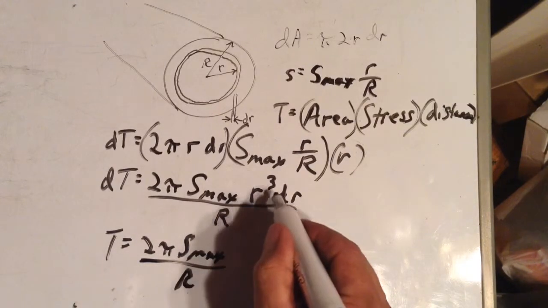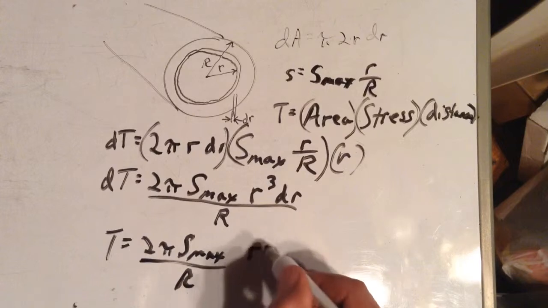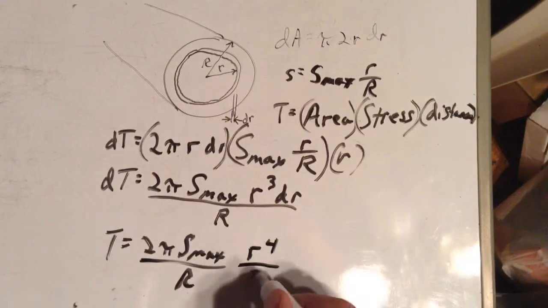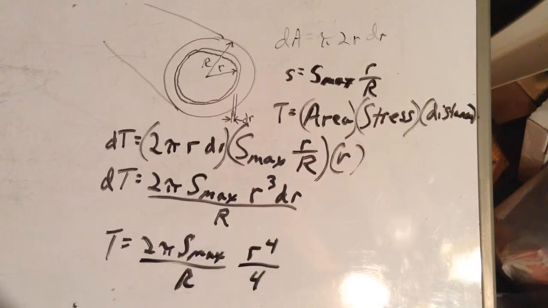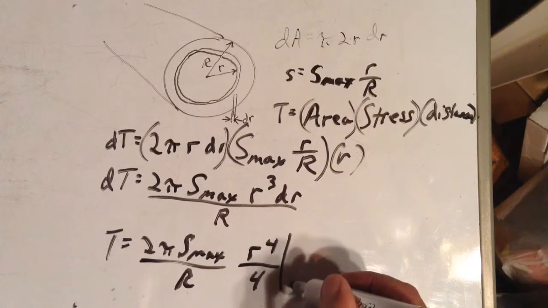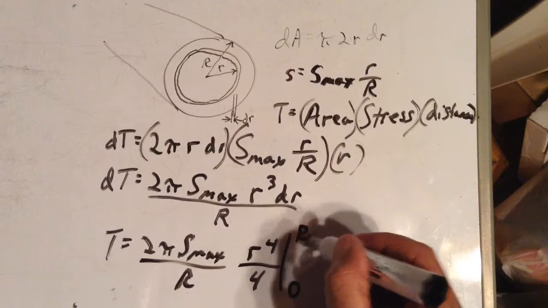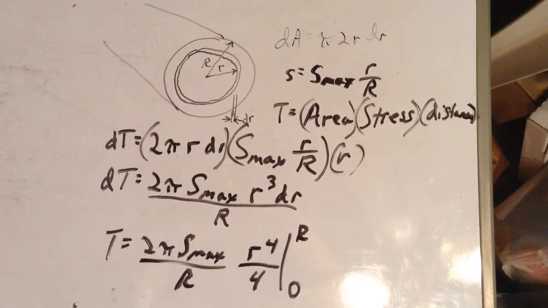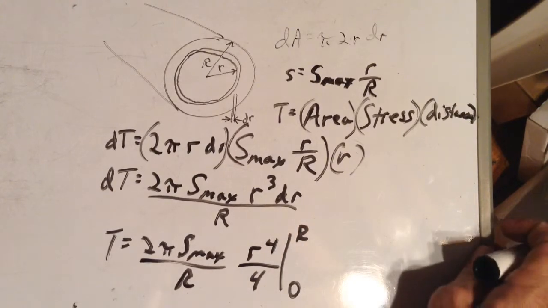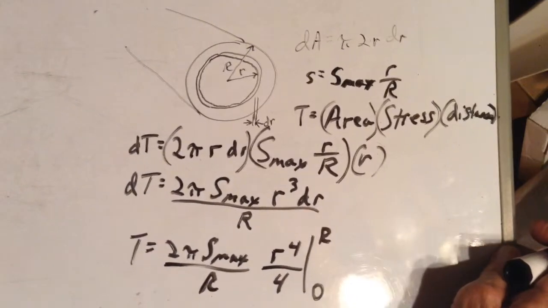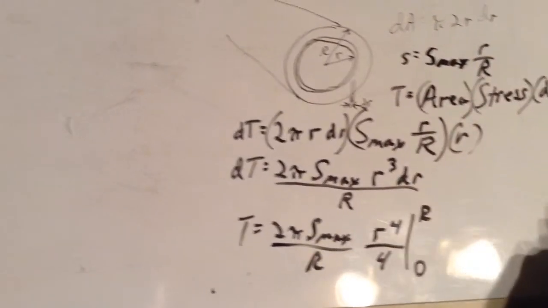Okay, the integral of r cubed dr is r to the 4th over 4. Okay, and now our limits of integration are from 0 to capital R. Looks like we're running out of room here, we'll have to say t